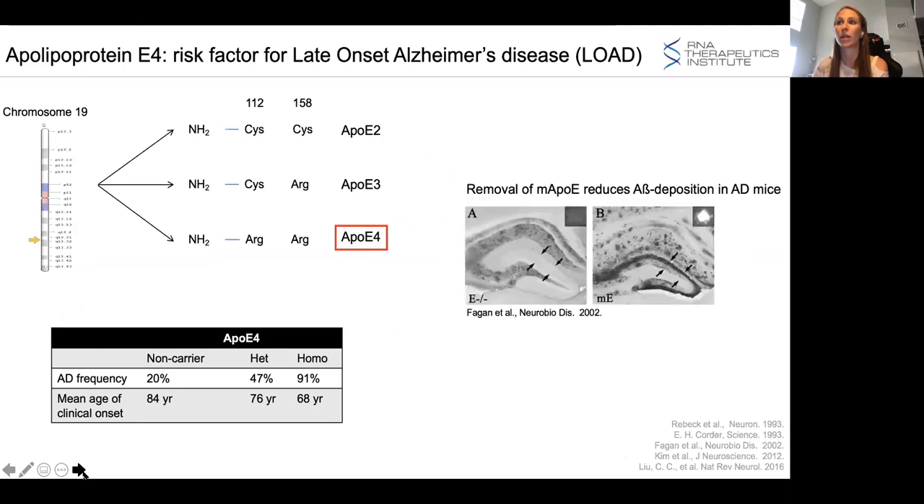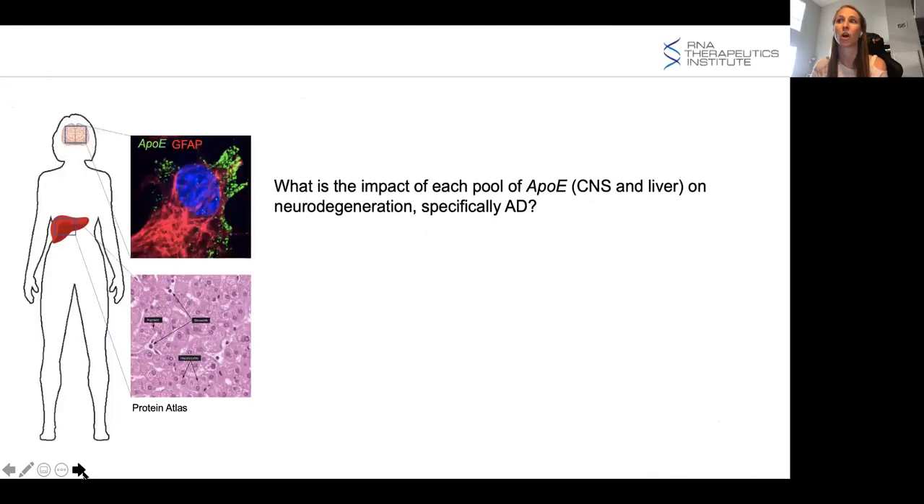Interestingly, when APOE is genetically removed in Alzheimer's disease mouse models, there is a reduction of Alzheimer's disease pathology, making APOE an interesting candidate for silencing with RNA interference. However, the removal of whole body APOE in mice also leads to the development of high cholesterol and atherosclerosis. Thus, in order to develop a potential therapeutic targeting APOE, we have to think about both brain and systemic APOE,